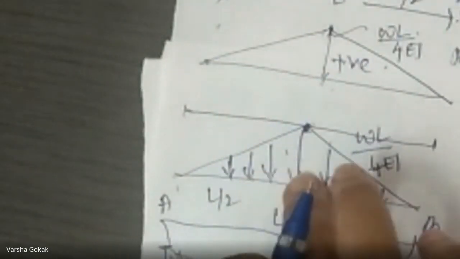Understanding? This is a UDL now. Till here what you did? Okay, that was strength of materials. Now from here on, once you draw the conjugate beam, I take the slope and deflection. For slope I need the shear force, and for shear force I need to calculate the reactions RA and RB for this beam. Clear? So we will have to write that beam.